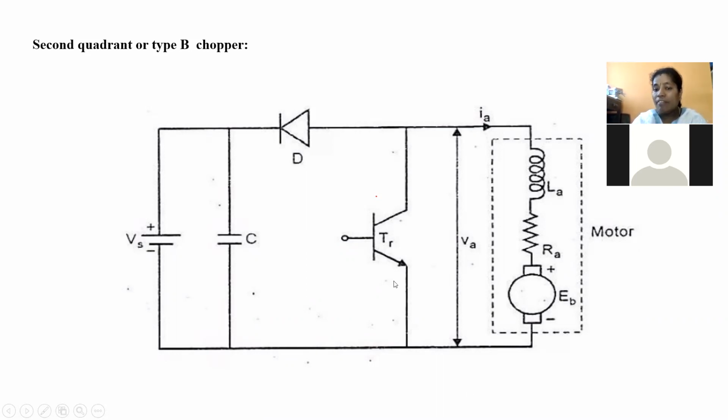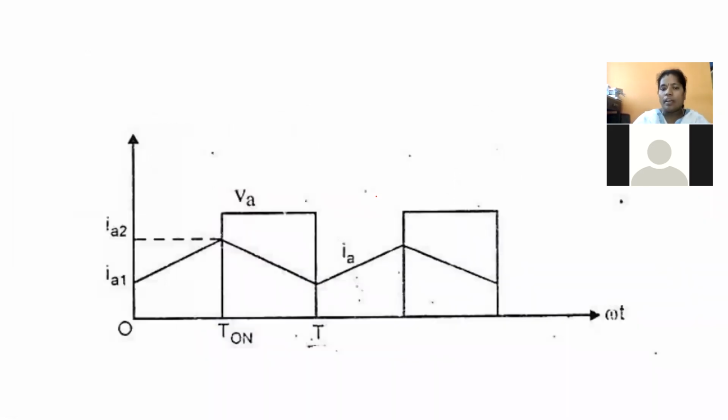Right? And when the chopper is in off condition, the current is moving back from the load, that is, current is moving away from the load and entering into the supply voltage, that means to the supply. That means the current is going to be negative, and during this condition you can get an output voltage. That means during turn on condition you are getting no voltage, and during turn off you are going to get some voltage. So according to this analogy, you are going to draw the output voltage and current parallelly.